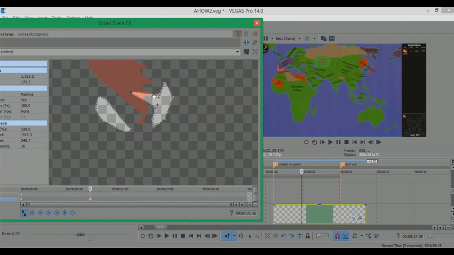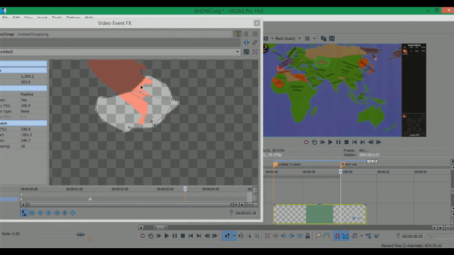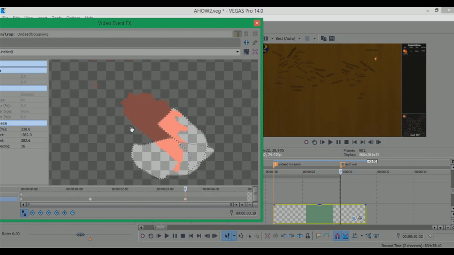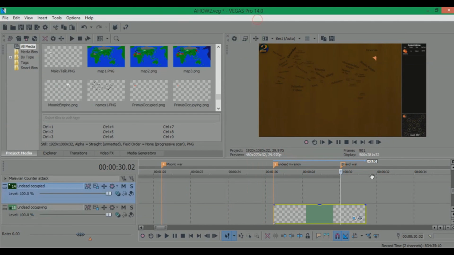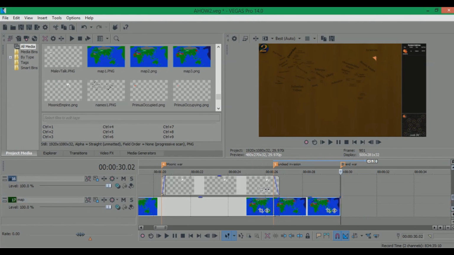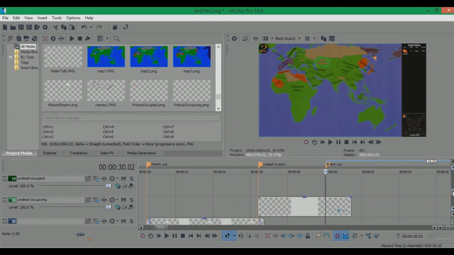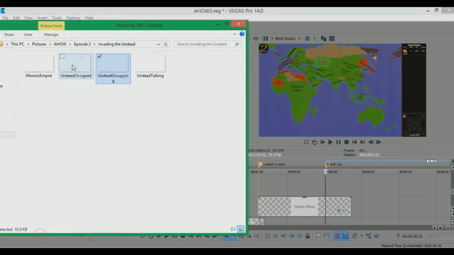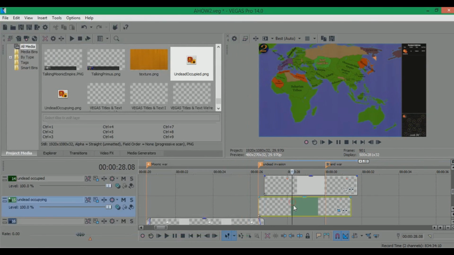So as you can see, while this war begins, while this is still happening, basically they surround that land, and this is a war that they're not gonna win if you watched the video already, but that's how it's gonna be. And yeah, everything's screwed up because of this, but I'm just gonna leave it like that for now. So then I do the exact same thing, Undead Occupied,